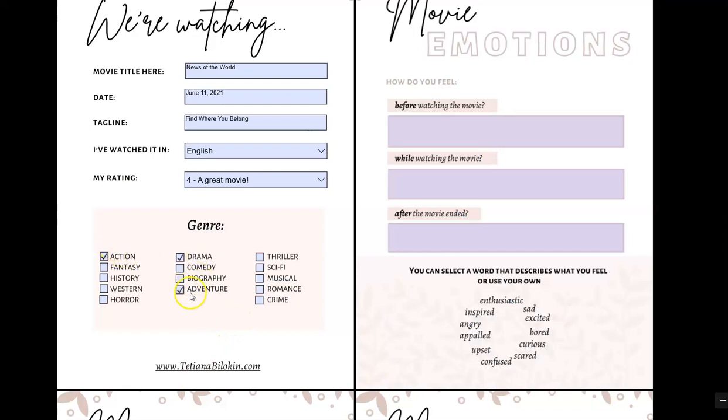So action, drama, adventure. So next one is a little bit more interesting because it deals with emotions, what you felt before watching the movie, while watching the movie, and after watching the movie. And you can use these words, they are pretty useful, or you can use your own. This activity is pretty useful because you review how to use the adjectives, especially those ending with ed or ing.